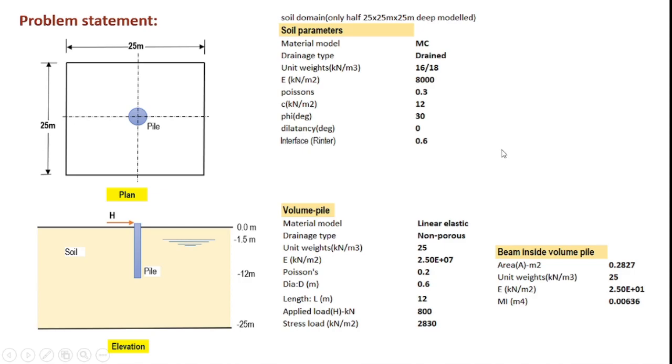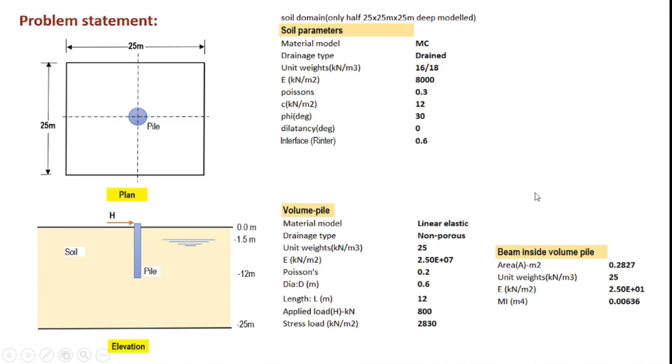Now, the PLAXIS version which I currently have does not have the capability to extract the bending moments along the pile length. So, based on my structural knowledge, what I did is I modeled a slender beam element along the center axis of this pile, so that the modeled slender beam element will follow the deformation profile of the pile, and then I will extract the beam deformation, the beam bending moment, the beam reactions, everything, and then I will scale up in order to obtain the actual variation of the bending moment, shear force, and the deformation